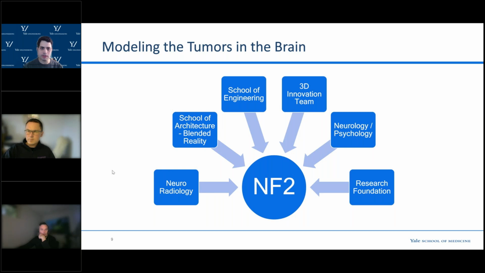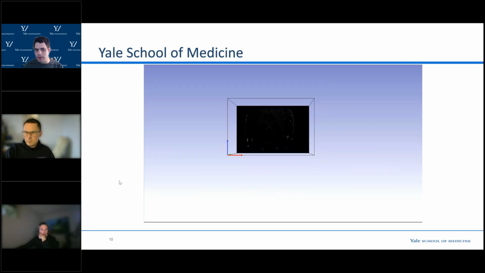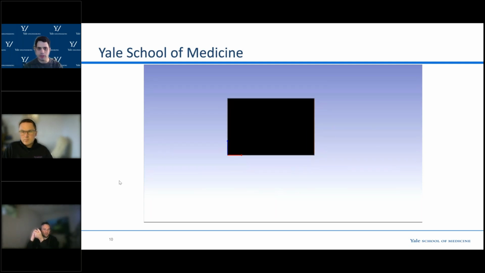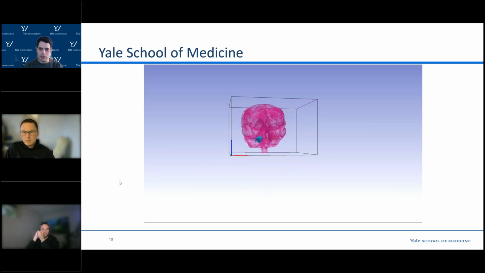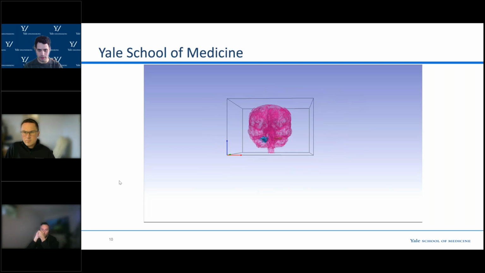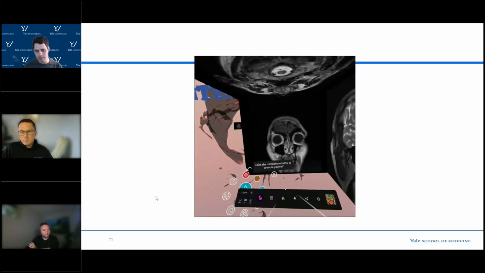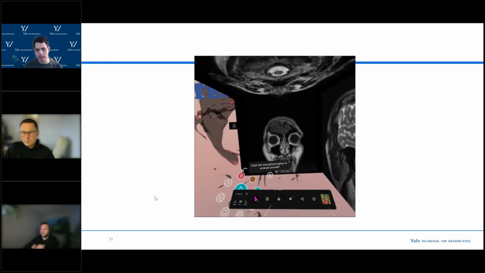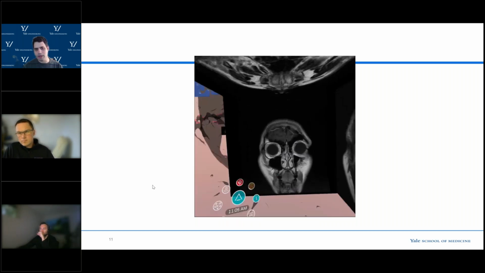After these meetings, we then, using Simpleware, created some very simple mock-ups of the tumors. This is an MRI of a patient's brain who has 2 of these tumors in their brain. And this was a very quick model that we developed. And this started a conversation in terms of, was it possible to take those models and put them into an XR environment? This is a virtual reality environment in which the surgeon is able to walk through the brain and see the